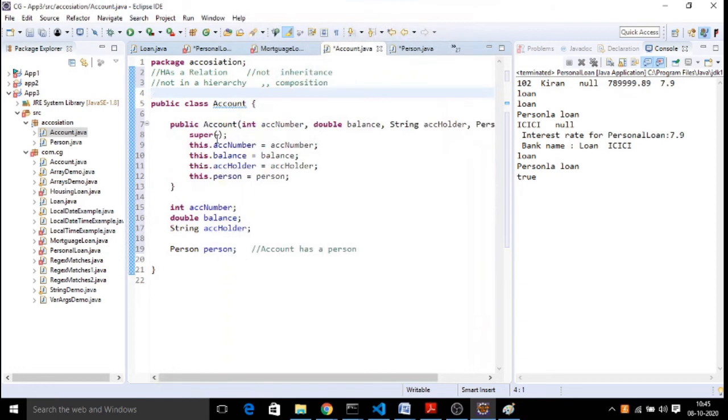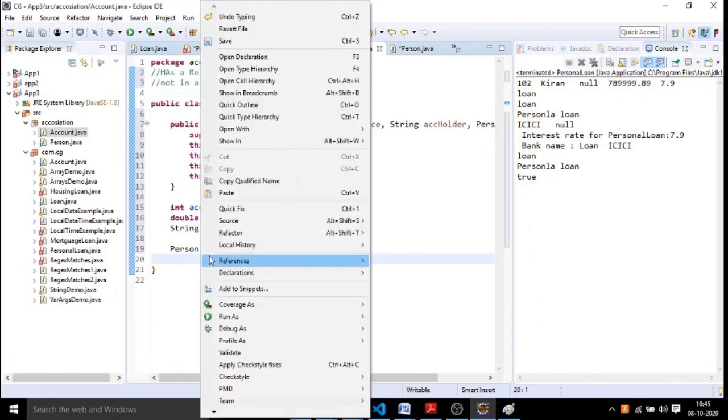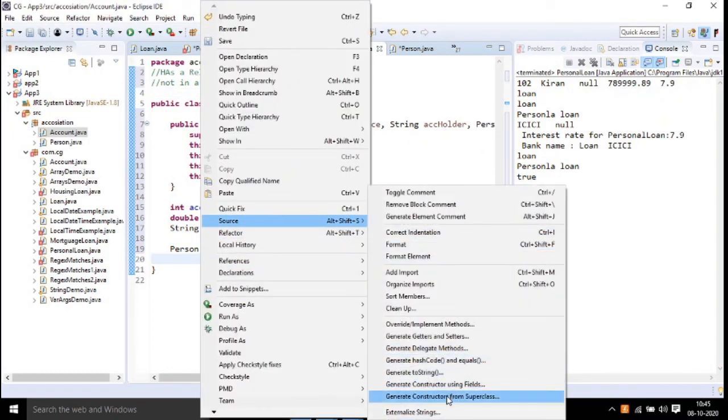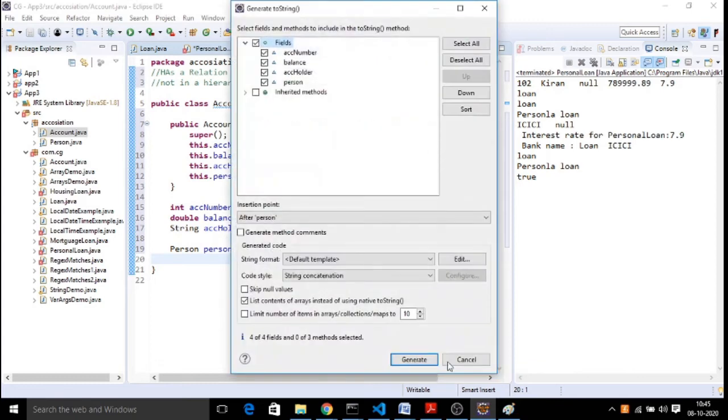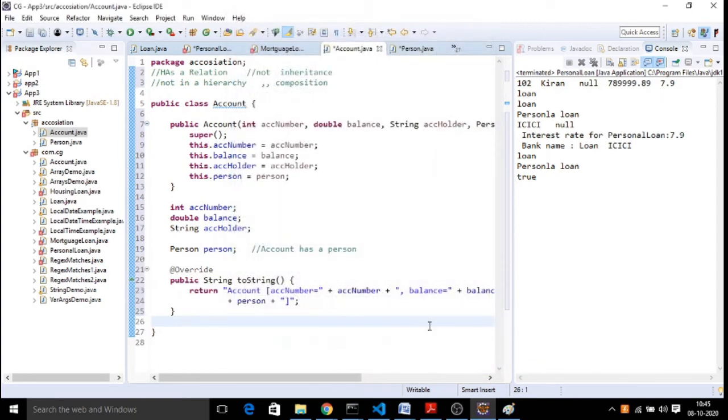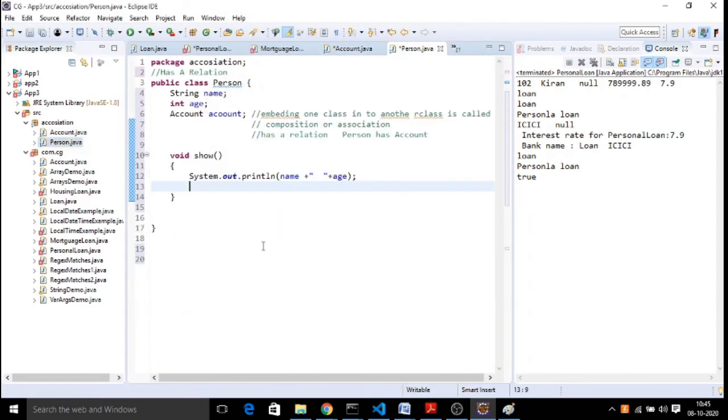You can generate the constructor for the other class also, and I can also have a toString method. You can print everything. Now in my person class, I wanted to call my account class. How do I create an account object? Account equal to new Account of,